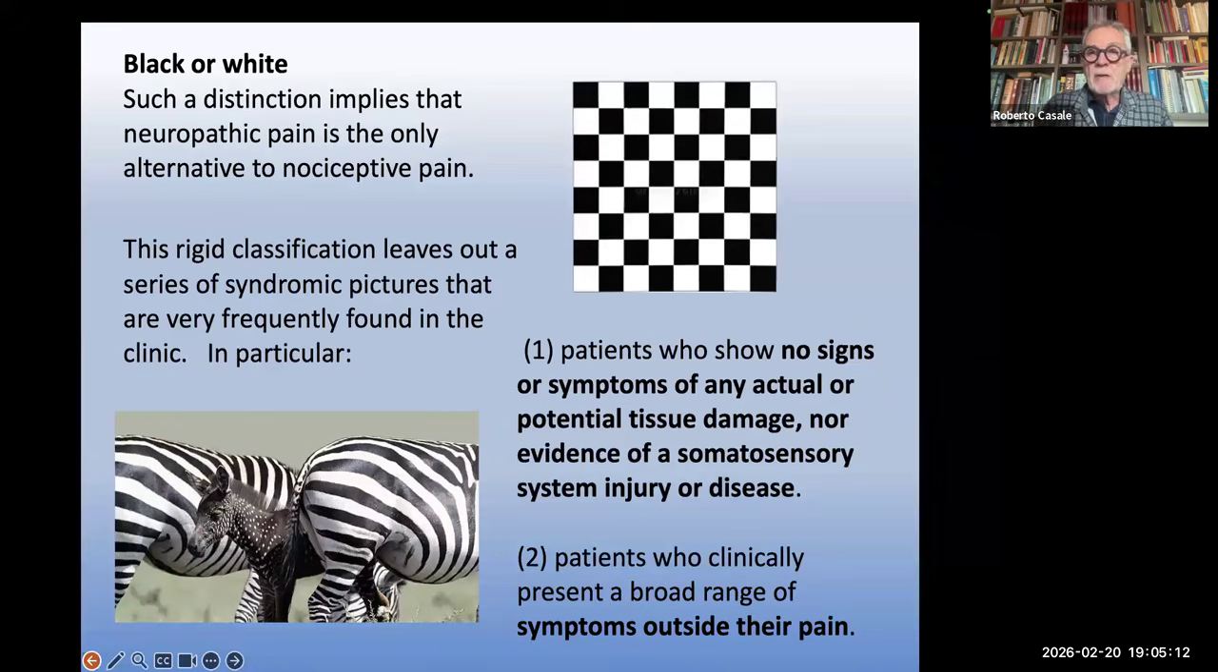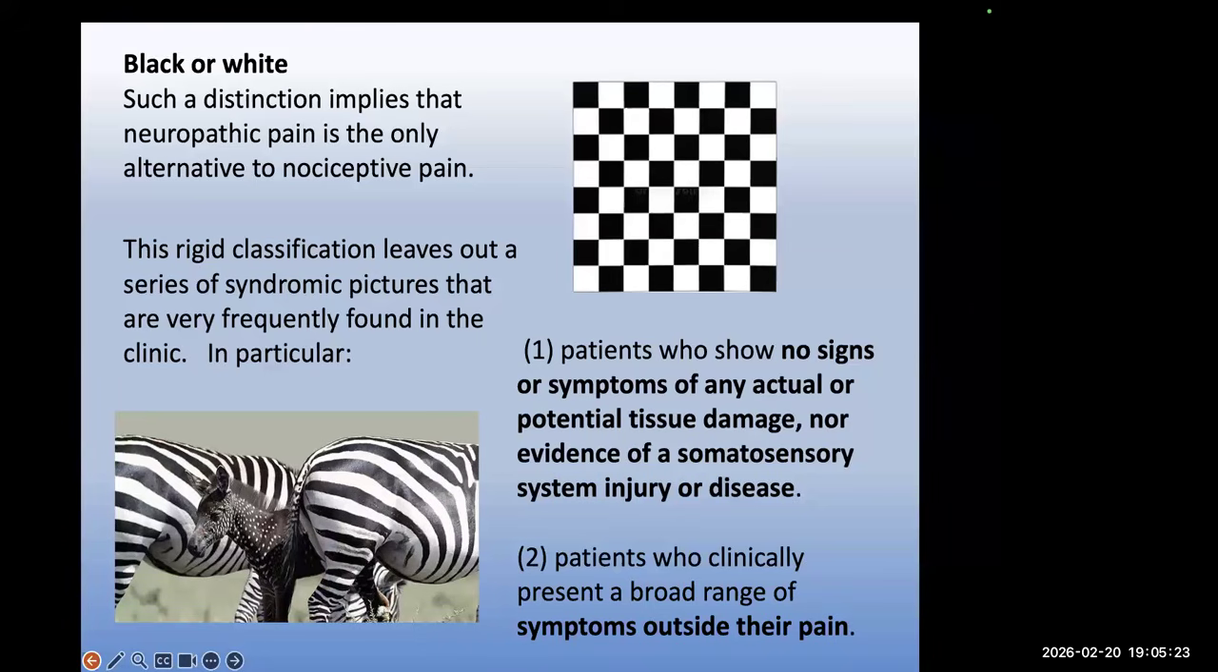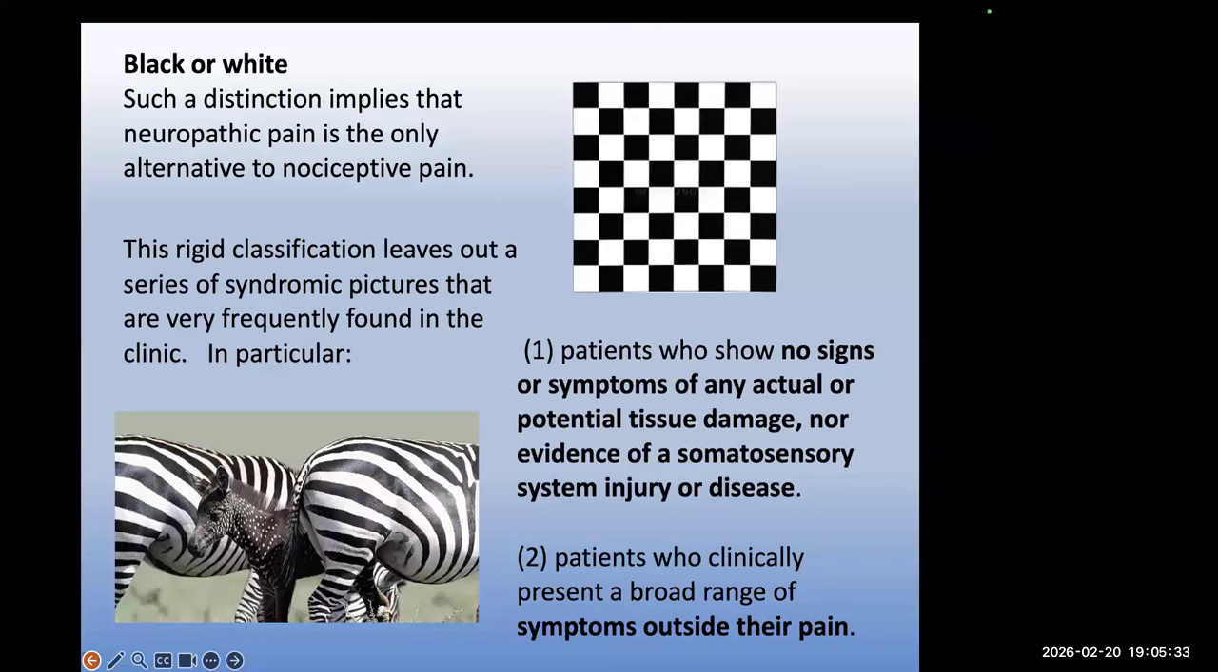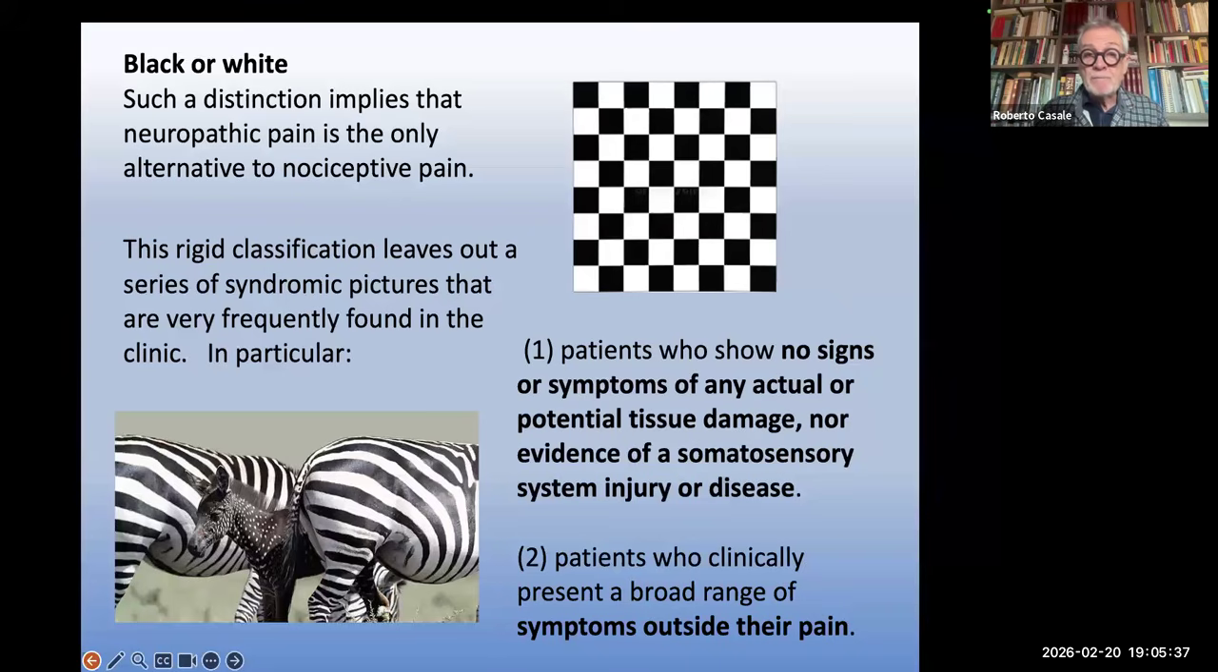So this black or white division implies, as I said, that neuropathic pain is the only alternative to nociceptive pain. But this rigid classification leaves out a series of syndromic pictures that are frequently found in our daily practice. In particular, patients who show